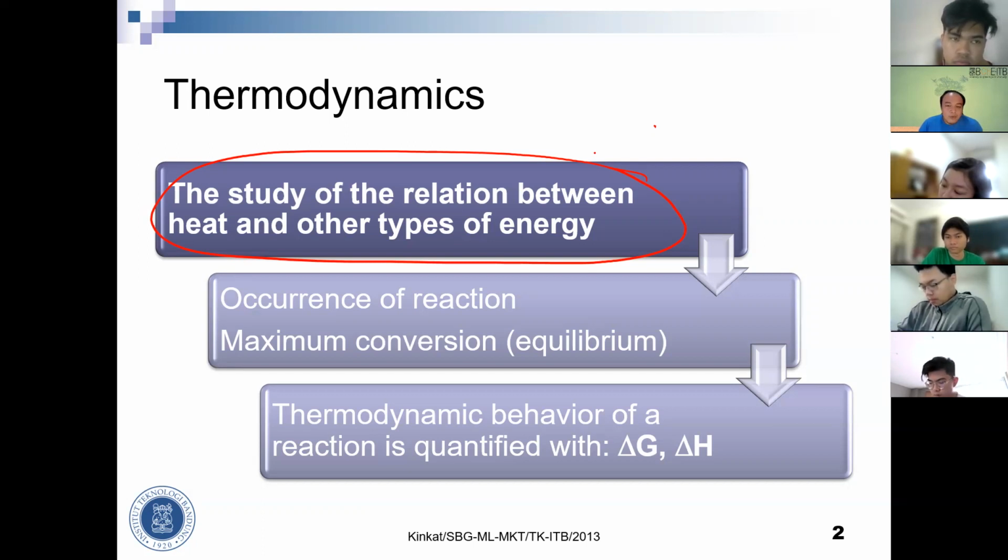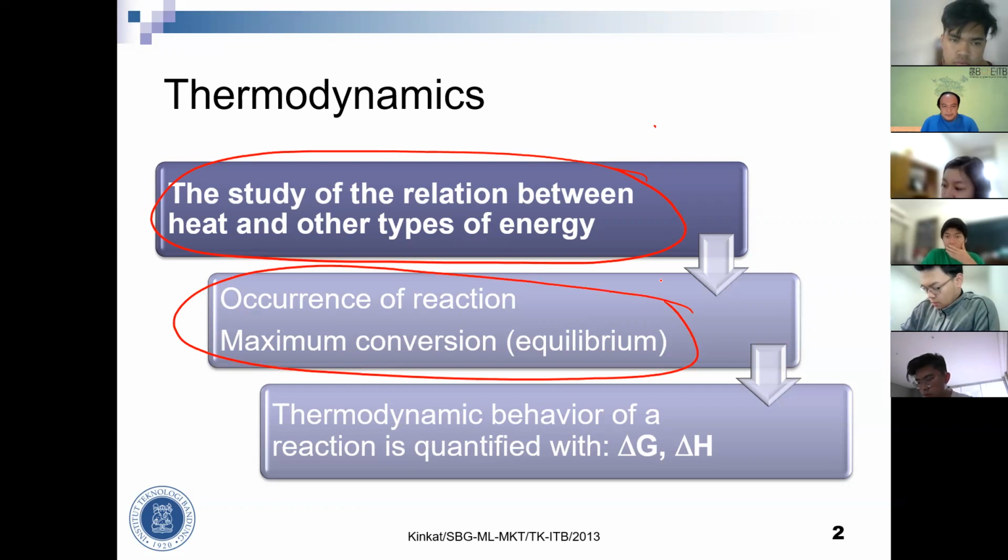Gitu. What can we evaluate from the thermodynamics of a reaction? We can evaluate the maximum conversion. We evaluate maximum conversion by using thermodynamics. From this maximum conversion, or we call it equilibrium conversion, we can determine whether a single reaction is appropriate to be done or not. Yeah. For example,